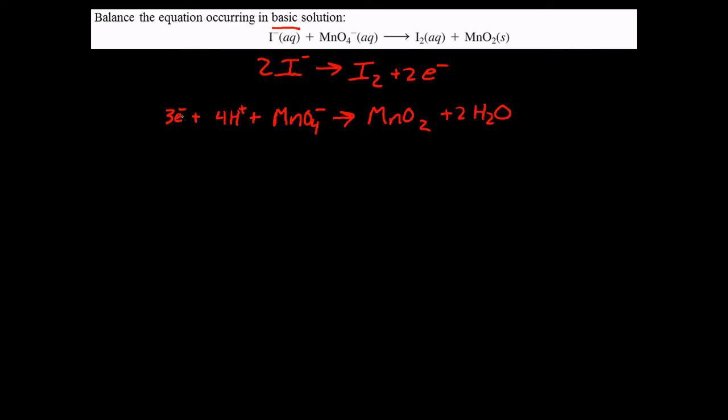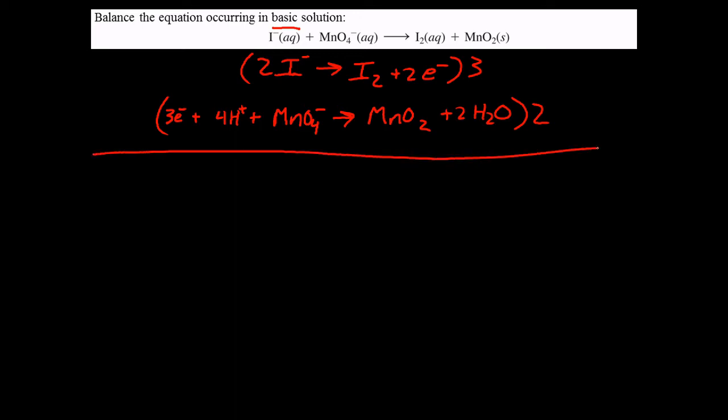So we need the number of electrons to be the same. And the smallest number where those can be the same is if we multiply the top one by 3 and the bottom one by 2, which will give us 6 electrons on both sides. All right, so this is going to be a big mess, but we're going to do it. So we have